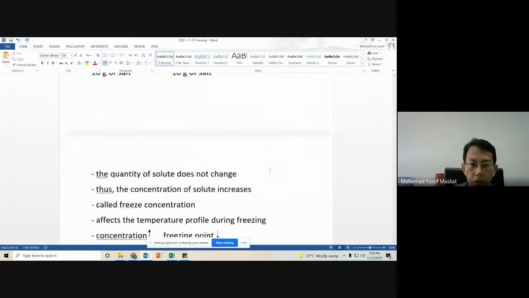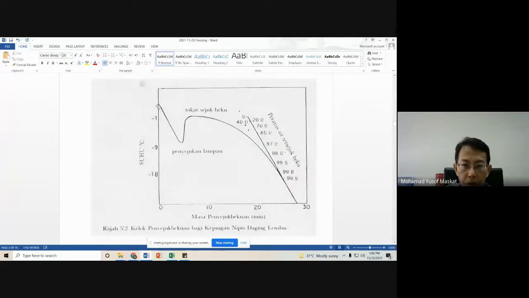So what happened is that we have water. We reduce the temperature over time. So when we reduce the temperature, the temperature of water also will decrease, and then it will experience a supercooling effect. It increases again, and this is supposed to be the